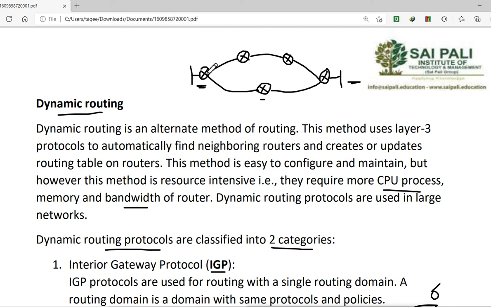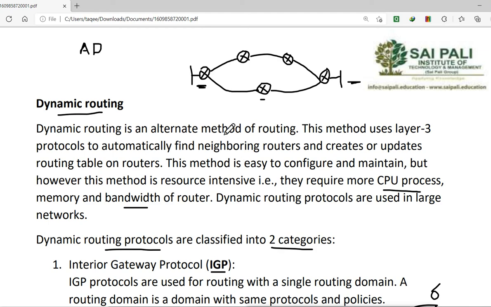We only mentioned the connected network. The router finds the path by itself, and it finds the first hop address by itself. So how does the router, how does this routing protocol, decide where to go? Now to choose a path, first the routing protocol actually sees the AD value. First they see the AD value. Remember, the first priority is to check the AD value. AD value means administrative distance value.